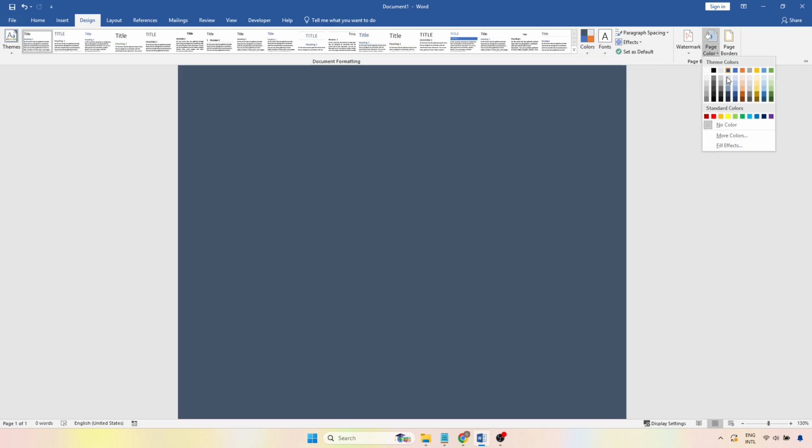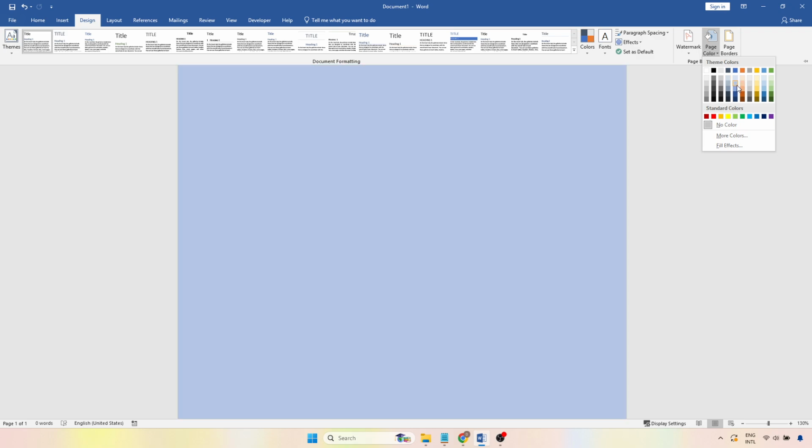Clicking on Page Color opens a palette of colors to choose from, including theme colors, standard colors, and more. Select the color that best suits your document style or your personal preference. As soon as you click a color, the background of your entire document changes to that color, giving your pages